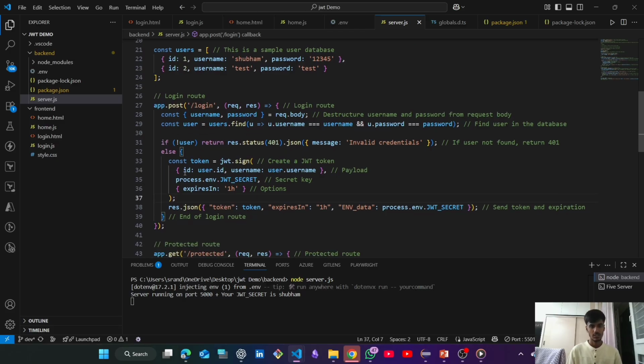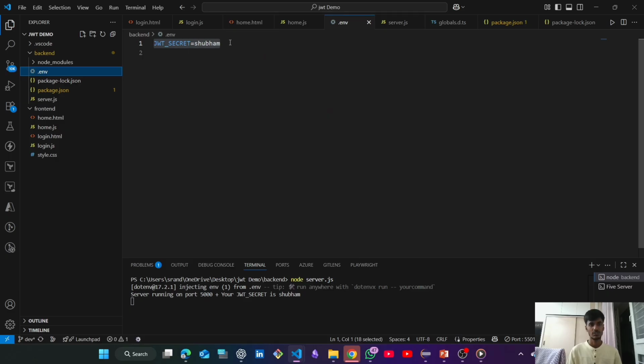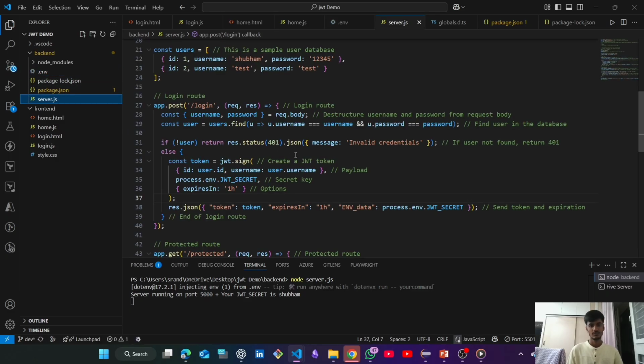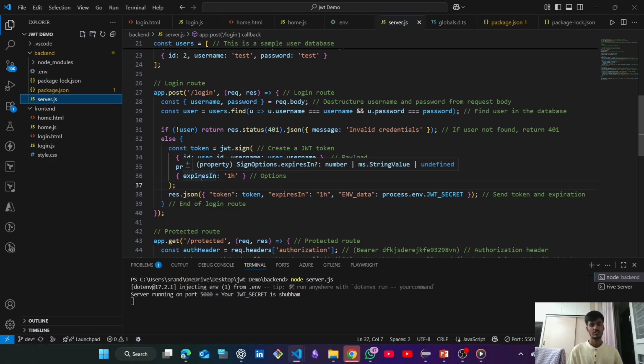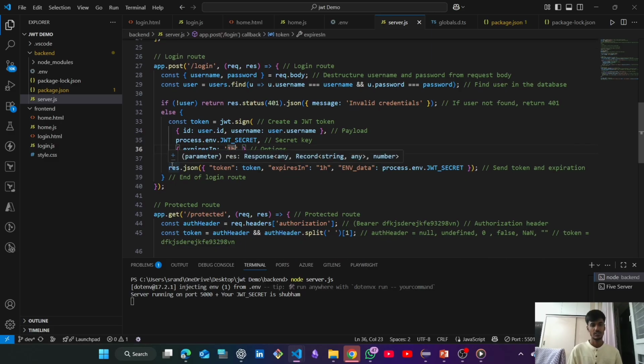So don't worry about that. This is the ID. This is simply the payload. This is the secret key, which is created using the .env secret. This is the JWT secret, and this is the option which verifies what time your access token expires. So this is the expiry time, which is 1 hour; you can give it in minutes, hours or seconds. This simply returns the data in JSON format,